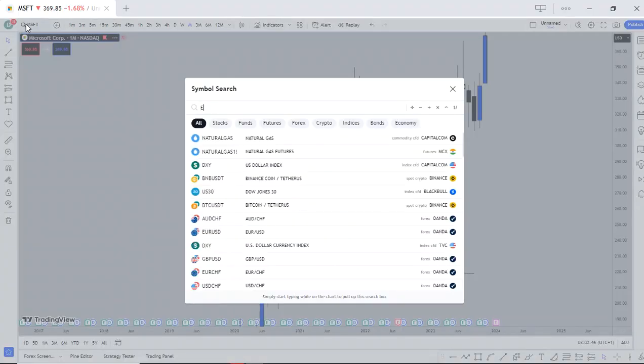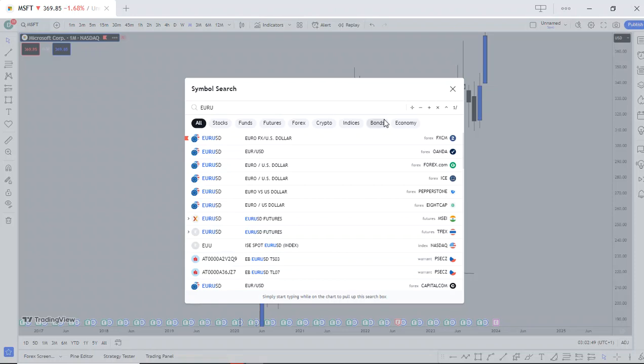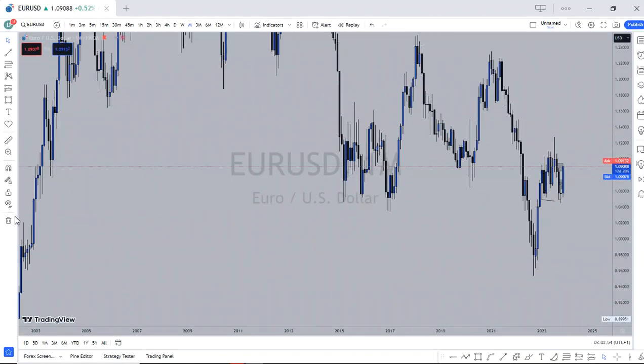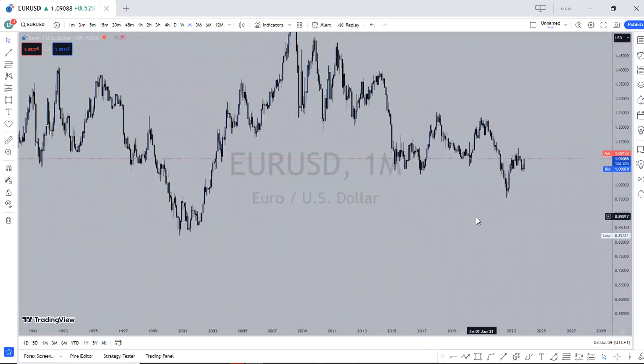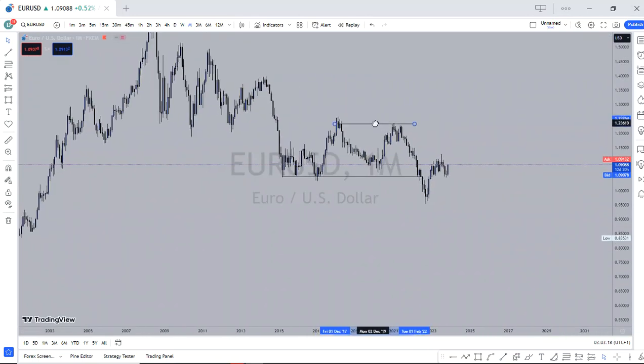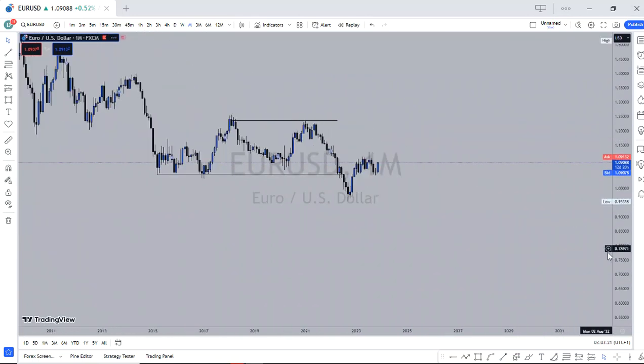The same analysis was used on Euro USD. This is Euro USD and this is FXCM. Now, if you pay attention to this market right here on the monthly time frame, you can actually see that we have a range market. And this range market, what do we have here? That means we have an area of support, which is an area of sell side liquidity pool. We also have resistance right here, which is the range high of this range market, which indicates areas where we have the buy side liquidity pool.